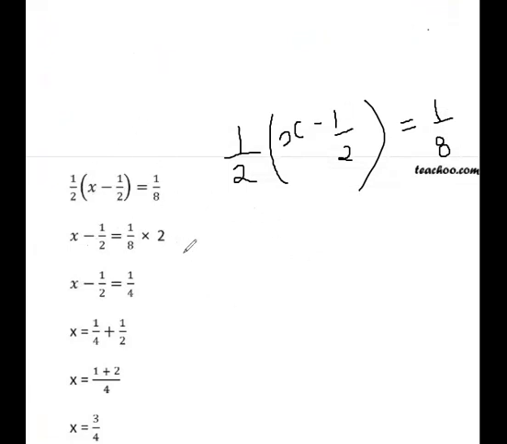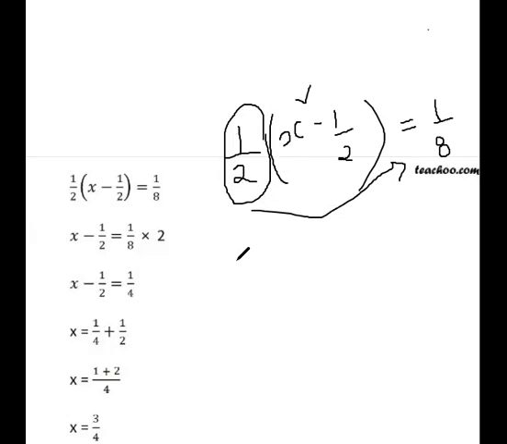Then it is saying that x minus 1 upon 2 is in the bracket. Now when this is in the bracket, it will stay like that. And the thing which is not in the bracket, first we'll do an operation on it. So the number is a half, which is 1 upon 2. So let's take 1 upon 2 to the other side. Now when we are taking a number to the other side, its operation changes, or it becomes the reciprocal.